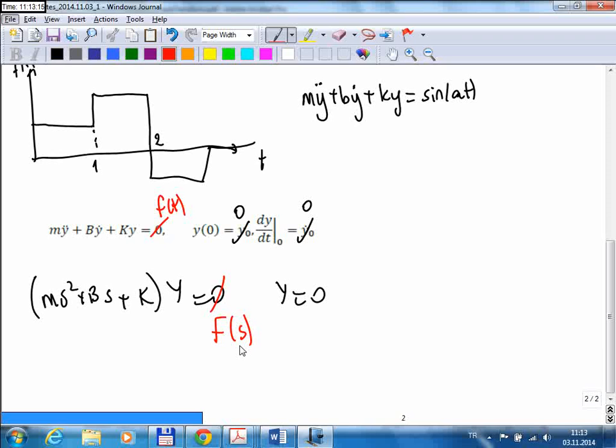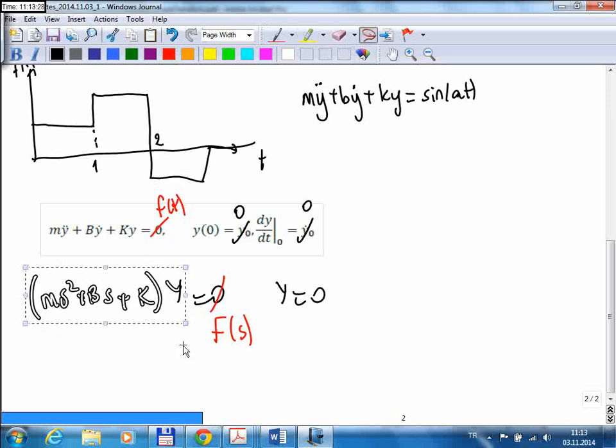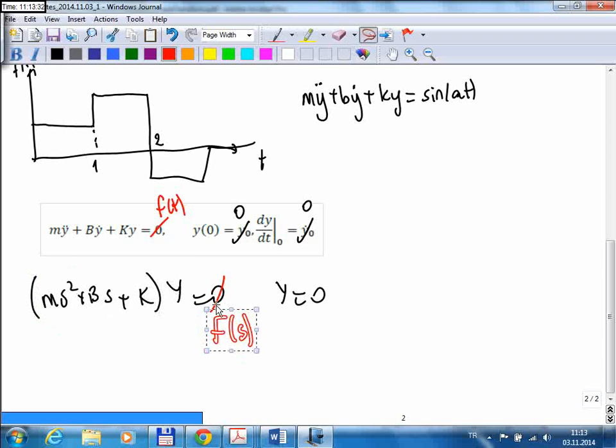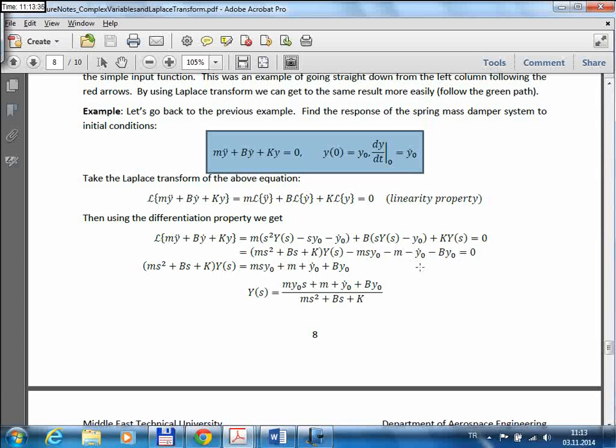But if you have them both at the same time, you can have an input function and initial conditions. Then what you have to do is you take the initial conditions into account while taking the transformation here, and on the right hand side you would have this F of s, and you can calculate the response that way. But since we consider them separately here,